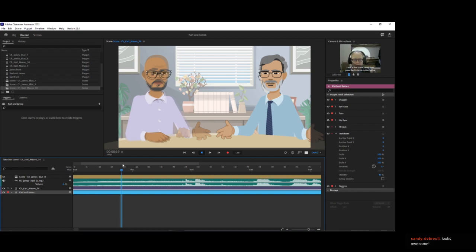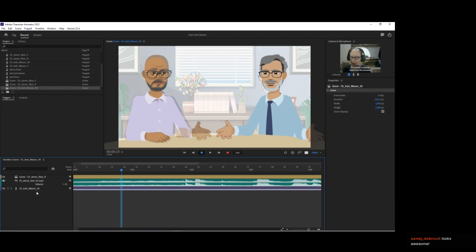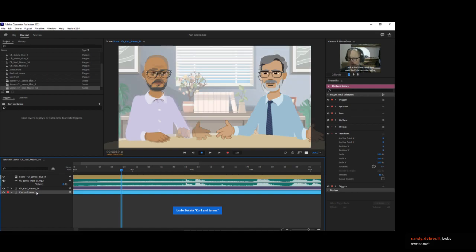They look a little bit maybe like I'll have to be careful when I'm doing the torso take. That looks awesome. Oh, thanks, Andy. It's really nice to see it all come together. Like when you start farting around and putting the hands in Animator, you just think, man, how is this gonna work all together? So let's take out the Karl and James background, because that's a little